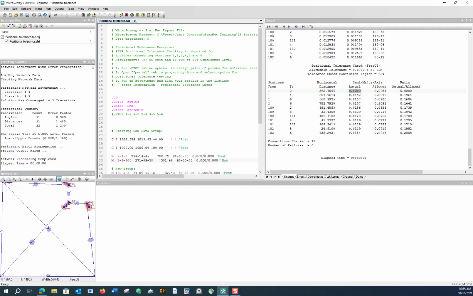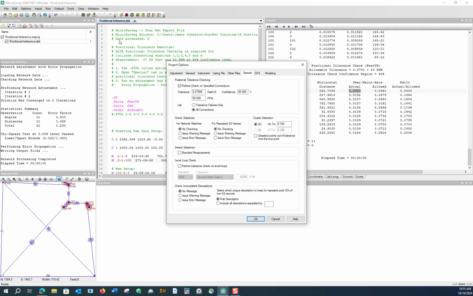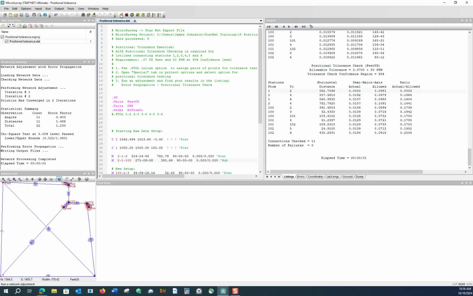So I'll close this up and I'll show you in your project options. In the special tab, we've got this feature here. You can turn on perform check on specified connections, and here I've entered the constant and ppm standard that was in the article we're looking at. By default, StarNet will perform a test on all of the connections, and it will perform the test on all of the measured connections. So now that I've turned this option on, when we run the adjustment, we'll find in